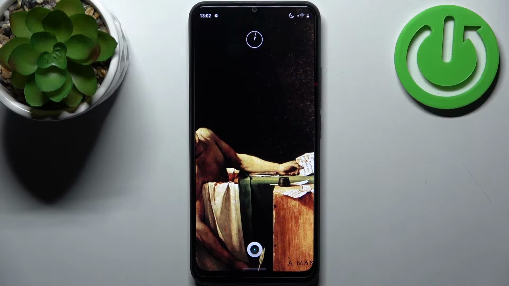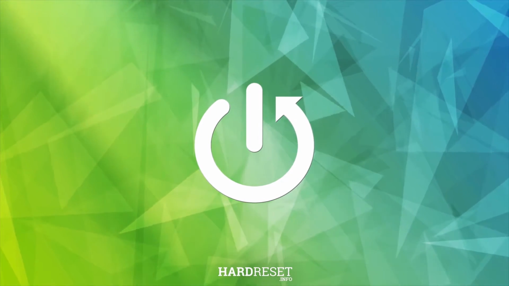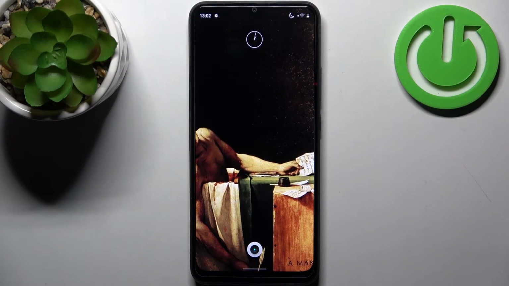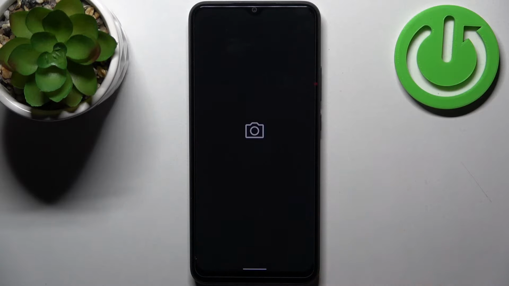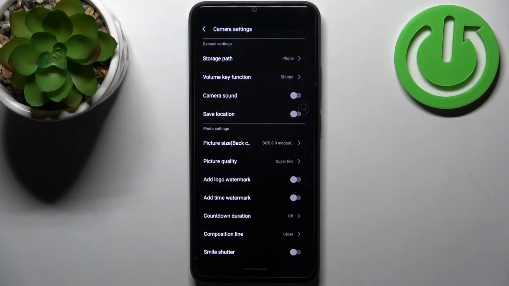Here I have REALME C30, and today I'm going to show you how to enable camera watermark on this device. So firstly you have to open camera, then tap on the gear icon to access its settings, and here you